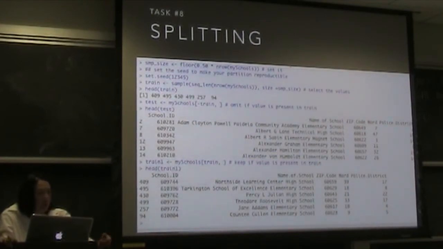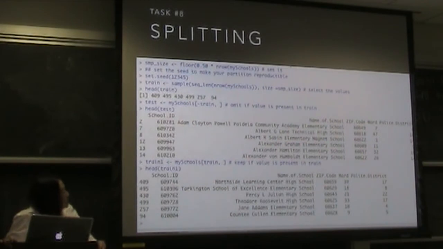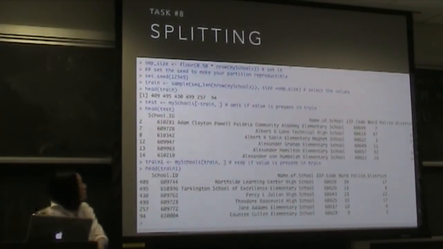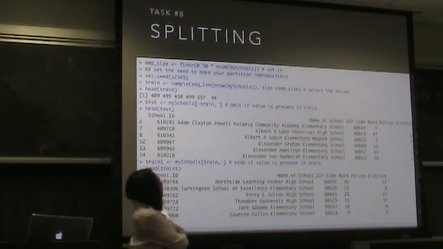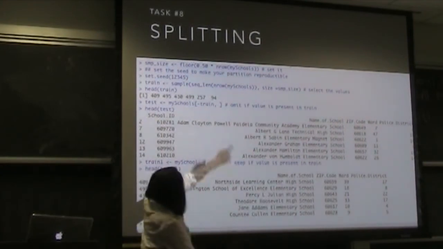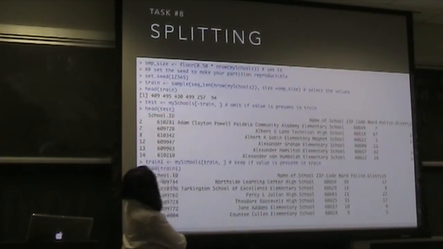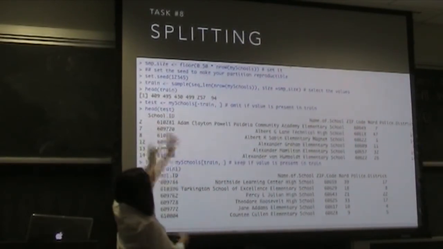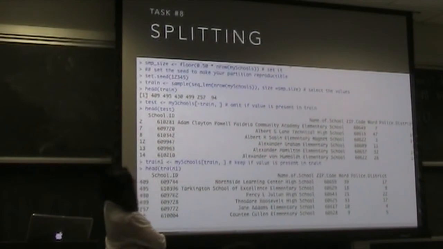In other words, I'd like to pull 50% out and leave the other half available for another purpose. I set a seed, and then here I'm going to sample. I want the number of rows in my school, and the length of that. My size for a sample is the sample size that was created earlier, and I take a look. These are the rows that were pulled from my schools.